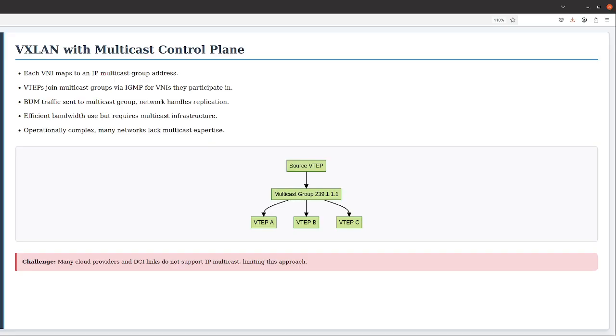For example, VNI 10,000 might be mapped to multicast group 239.1.1.1, while VNI 20,000 is mapped to 239.1.1.2. When a VTEP joins a particular VNI, it also joins the corresponding multicast group using IGMP, the Internet Group Management Protocol. When a VTEP needs to send BUM traffic for a specific VNI, it encapsulates the frame with the